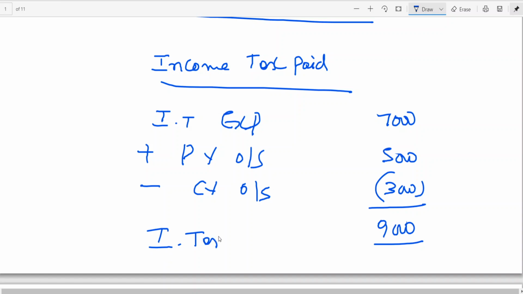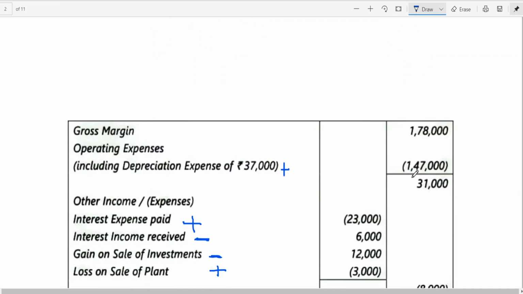This is nothing new. Like we used to do for salaries paid in single entry, salaries incurred, to get the salaries paid to prepare the cash book: salaries paid plus previous year outstanding minus current year outstanding, because this has not been paid. Now, to get back to income tax expense to be debited to the P&L account, like salary debited to the P&L account, it is income tax paid plus current year outstanding minus previous year outstanding. I think it is not a new thing to you. You can easily follow this. We have done conversion of accrual basis to cash basis, in simple words, right? I think this income tax treatment is clear.